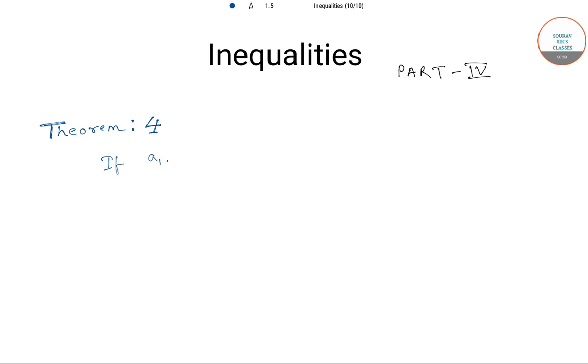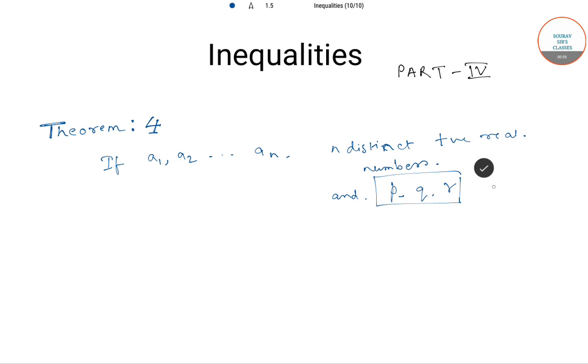A1, A2, so on till An are n distinct positive real numbers, and let P, Q and R be natural numbers,